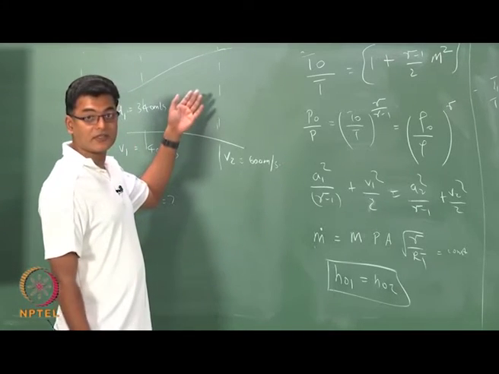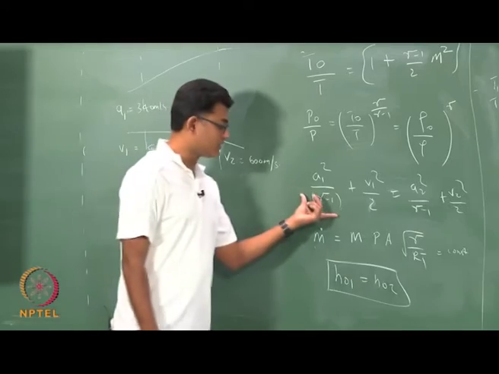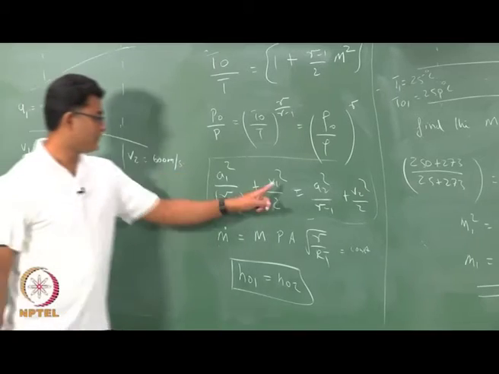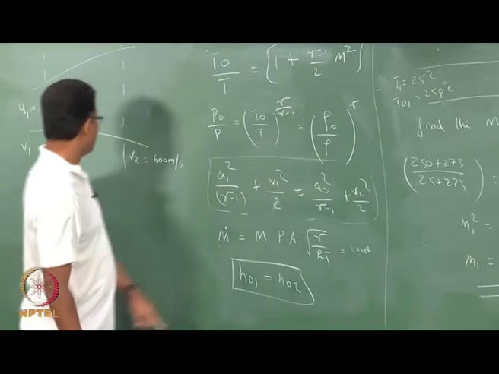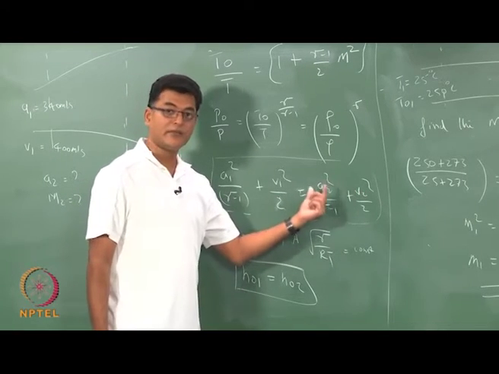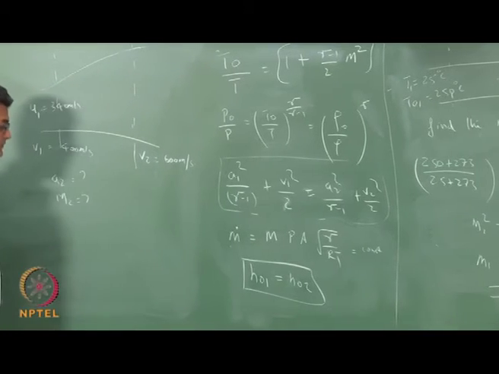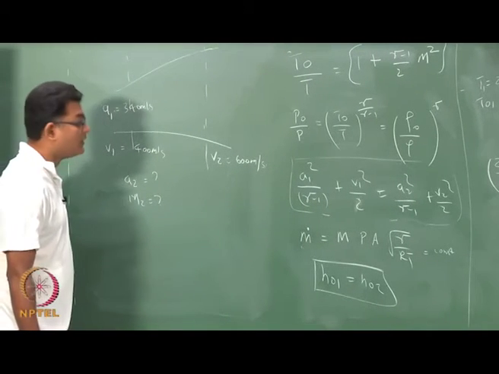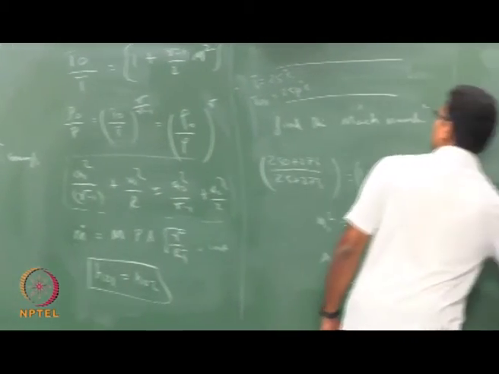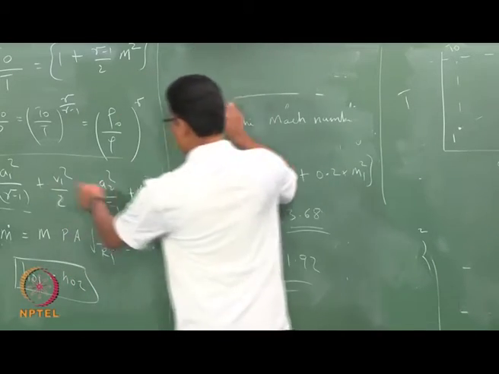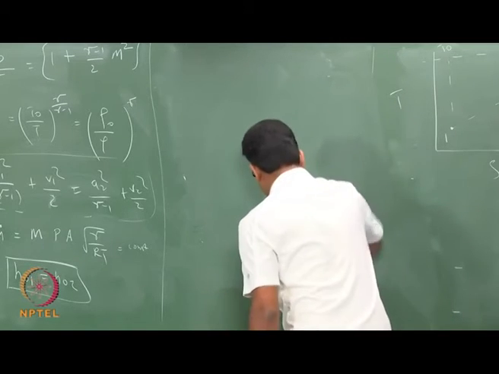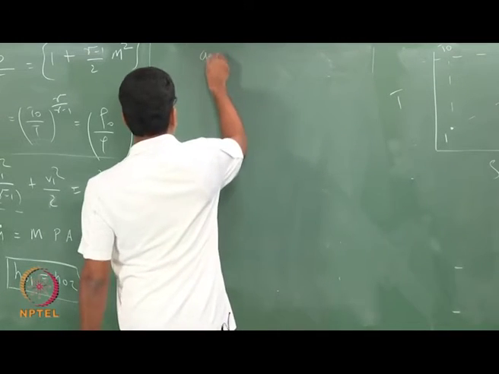There is no heat transfer, there is no shaft work. So, we could use this relation where we know A1, where we know V1, where we also know V2. So, we can find A2. So, if you know A2, we can easily find Mach number, V2 by A2. Now, we will end this discussion with a different form of this particular equation, which we are now discussing. So, A1 is